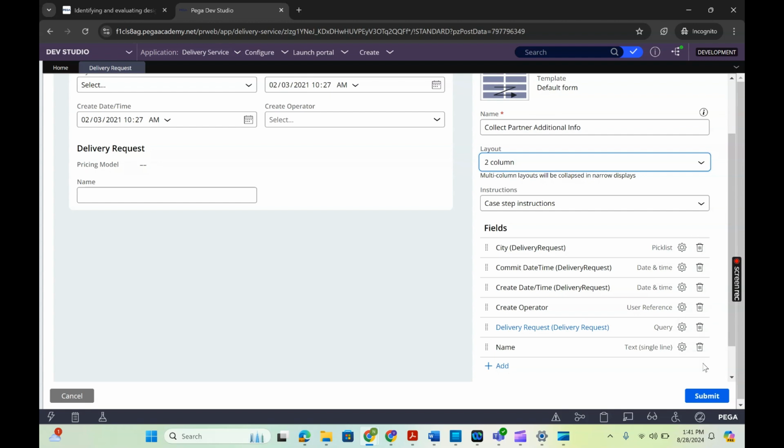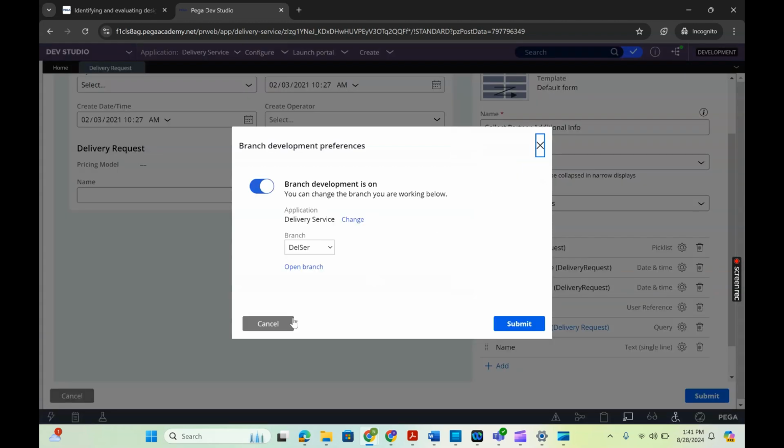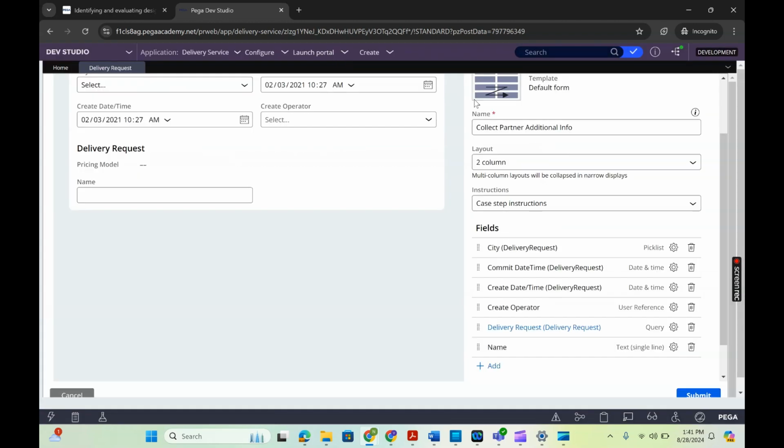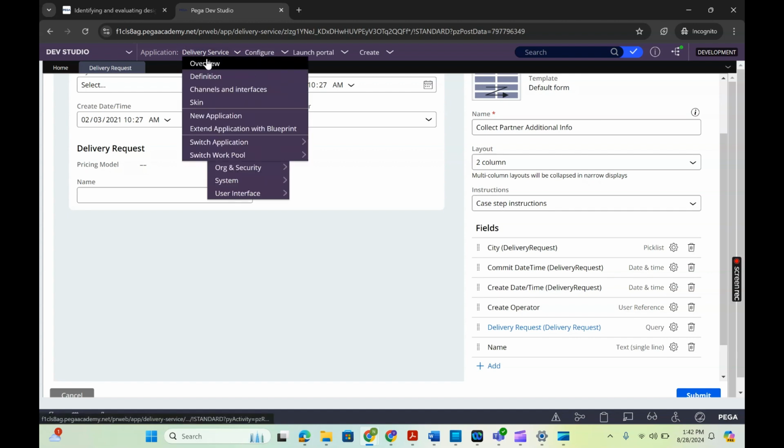I will tell you the reason why. Now I have enabled branch development. Let me go to this branch and show you. As of now, I updated only the view rule, and since the view is in the case type, the case type will get updated. But in the backend, let me go and open this branch.